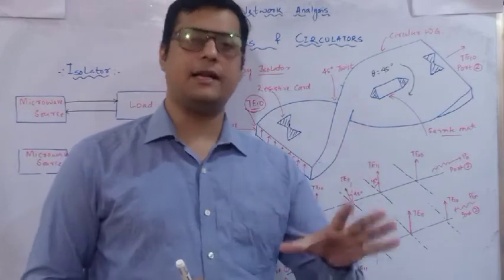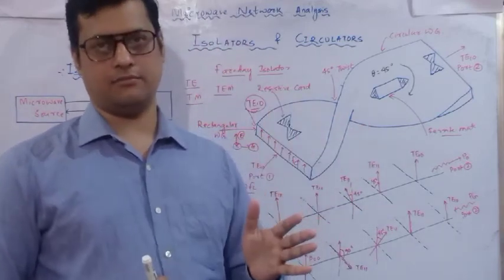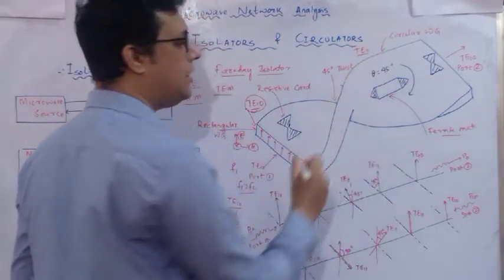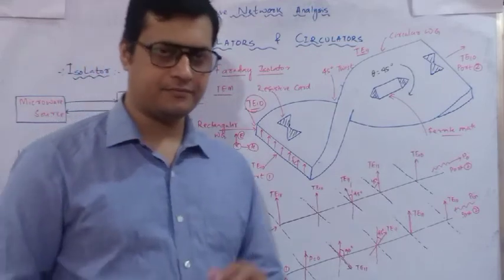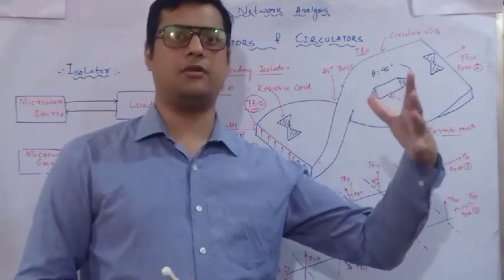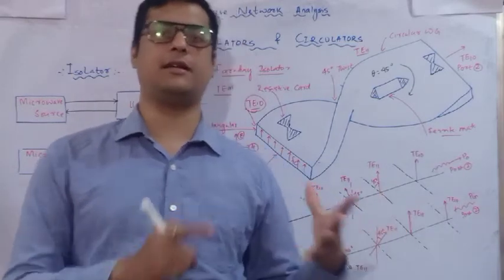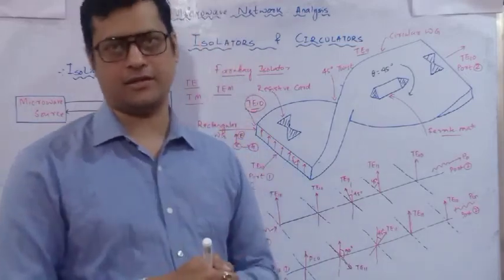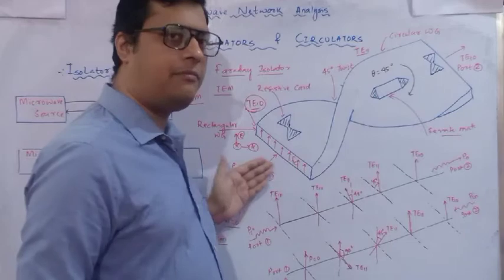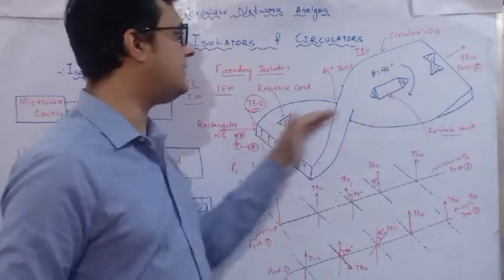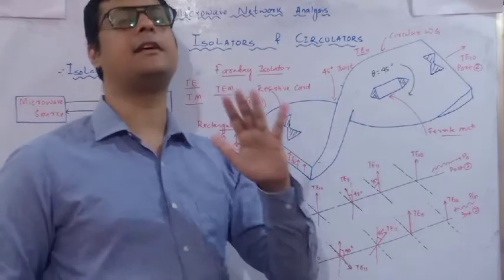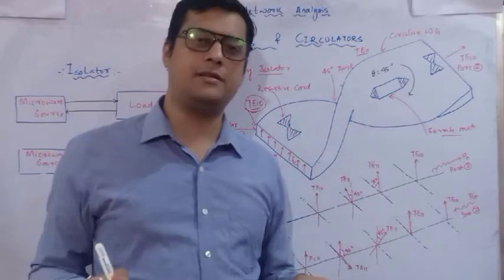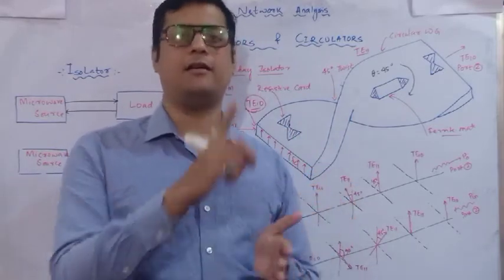Similarly, for a cylindrical waveguide it is TE11. So this is our cylindrical waveguide. Here we will have TE11, because in a cylindrical system, x, y and z are converted to rho, phi and z. Rho is the radius of the cylinder, phi is the azimuthal angle, and z is the direction of propagation. Here we are considering that the wave is propagating along the z-axis. The axis of this rotation, or this isolator, is the z-axis. Whatever wave is propagating along the z-axis, the field components will be generated with respect to x and y, and rho and phi.